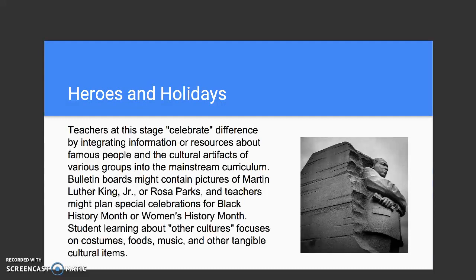By focusing celebratory attention on non-dominant groups, the teacher, and this is unintentional, right, is focusing on these groups as the other because they're not fully integrated. Curricula at this stage can tend to fail to address the real experience of non-dominant groups, focusing on just the accomplishments of a few heroic characters. The special celebrations at this stage often are used to justify the lack of effort at more authentic transformative